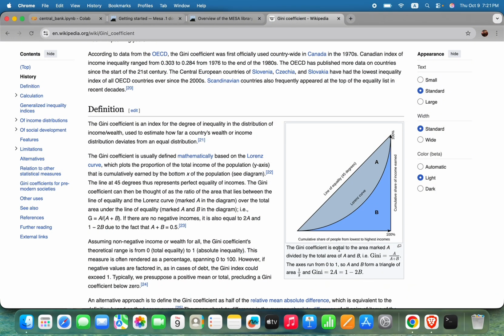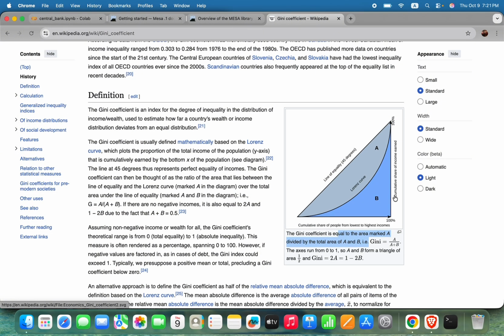The Gini coefficient is equal to the area marked A divided by the total area of A and B. And this is the line of equality. And this is the cumulative share of people from lowest to highest incomes and the cumulative share of income earned, okay? So you can pretty much see that the Gini coefficient will be larger